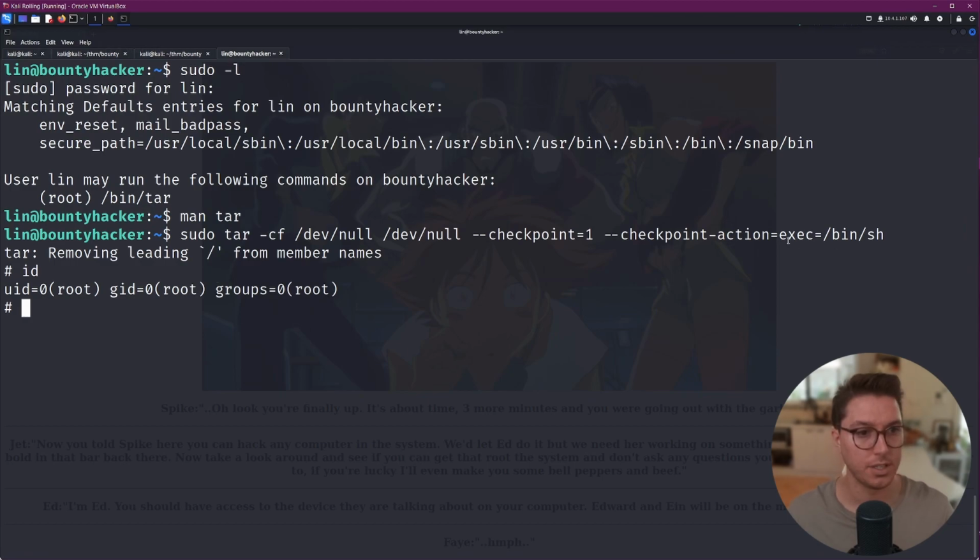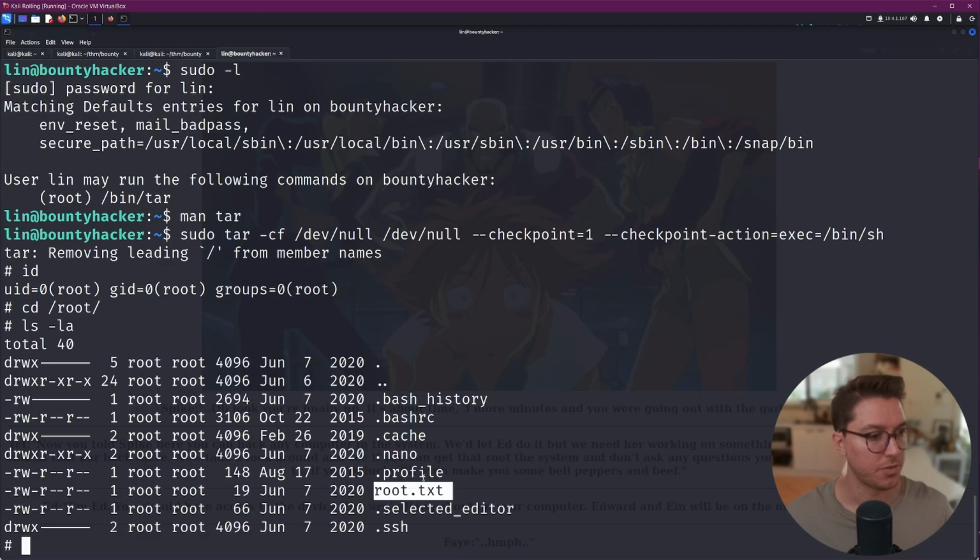We've switched over to root. We can see here that that was executing /bin/sh. That's giving us a shell, but since we ran that as sudo, that's upgraded us to a root shell. So some things are pretty easy once we know where to look. And we can see here we've got our root.txt. Whoops, can't spell. Okay, there is our root.txt. So we can paste that in, and there we go. There is Bounty Hacker. Awesome.